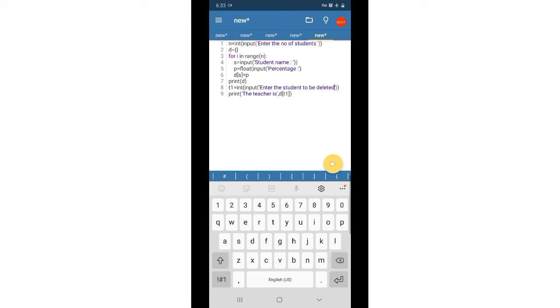Enter the student to be deleted. So no need of int because student name is a string.